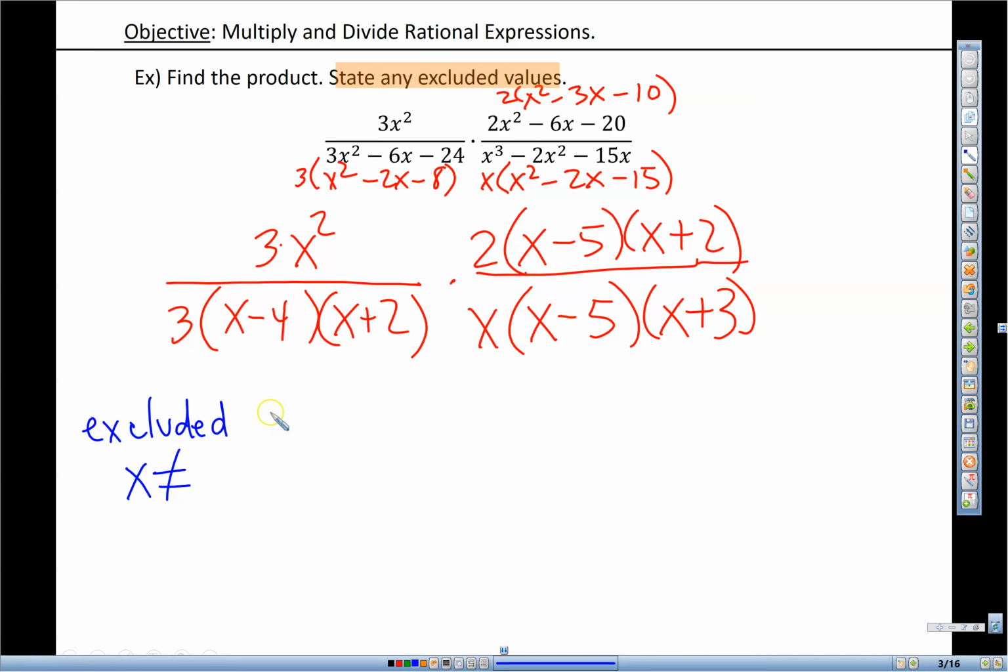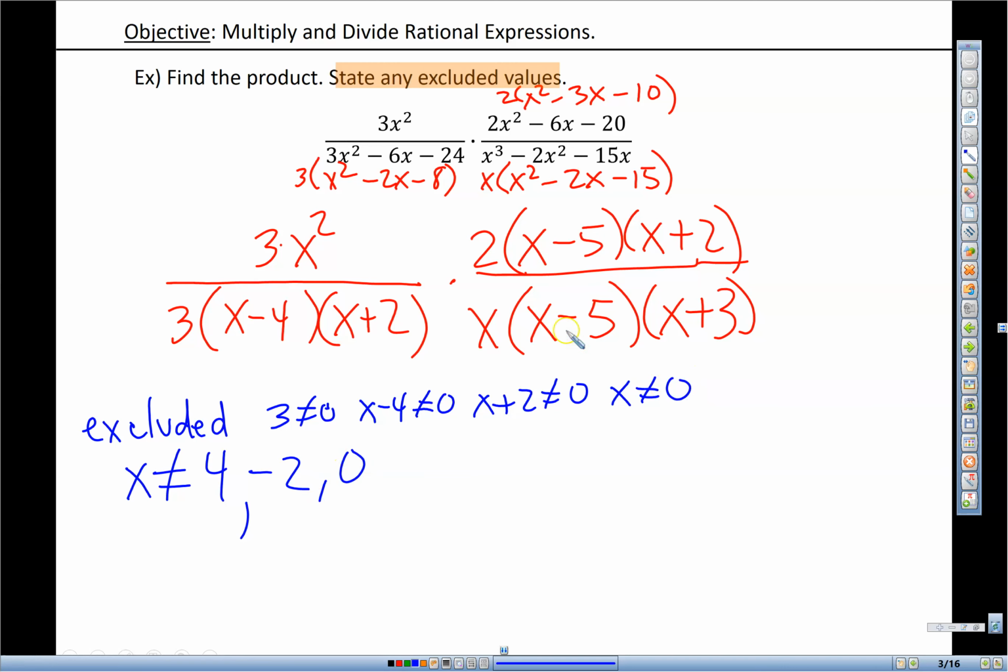So 3, which is a number, can't be 0, so I ignore that one. X minus 4 would be equal to 0 if x was 4, so x can't be 4. X plus 2 would be equal to 0 if x was negative 2, so x can't be negative 2. X would be equal to 0 if x was 0, so x can't be 0. X minus 5 would be equal to 0 if x was 5, so x can't be 5. And x plus 3 would be equal to 0 if x was equal to negative 3, so x can't be